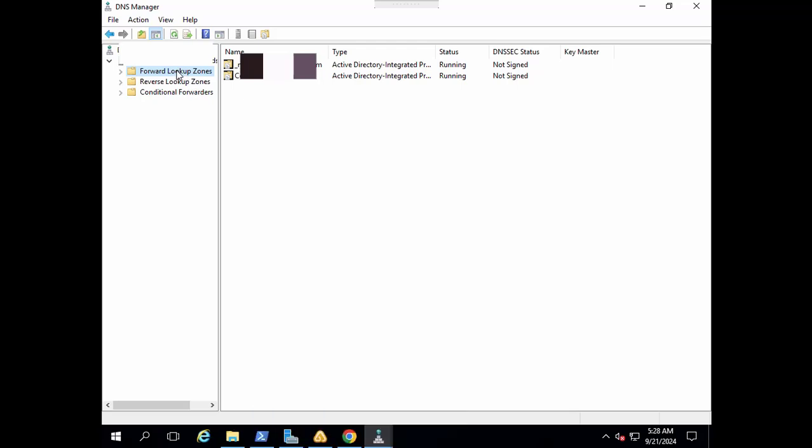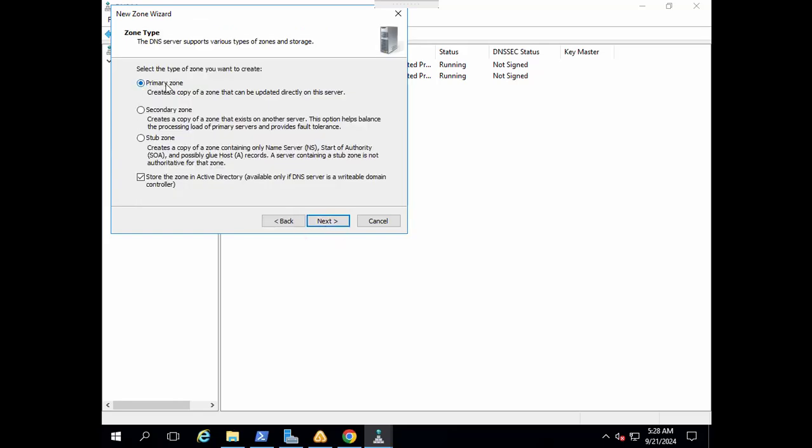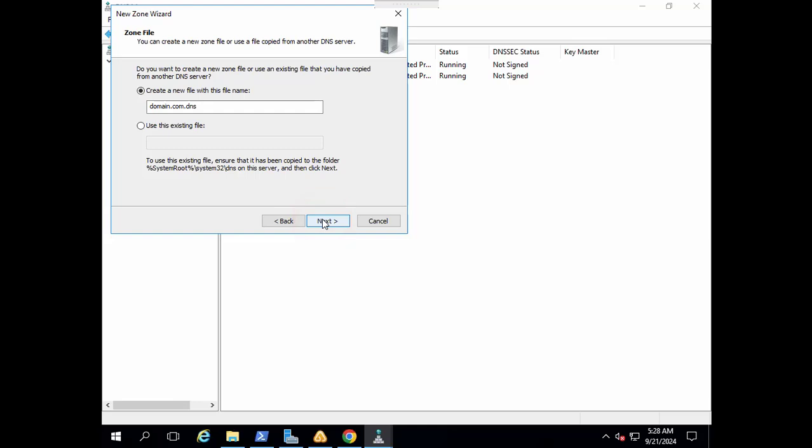Okay, right click on the forward lookup zone, go to New Zone, click Next. Keep here primary zone and remove store the zone in Active Directory. Click Next. Let's type the zone name domain.com. Again, click Next. This time we have to choose this option, use this existing file. Make sure you have the file with the name domain.com.dns at the specified path. Our backup file is already at that location, so we don't have to do anything else